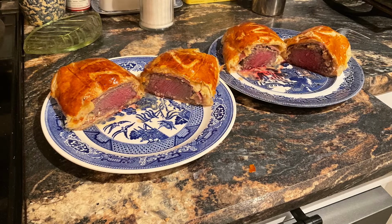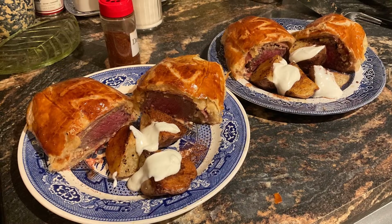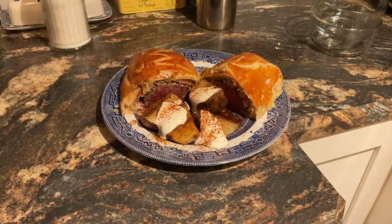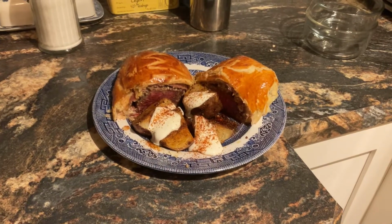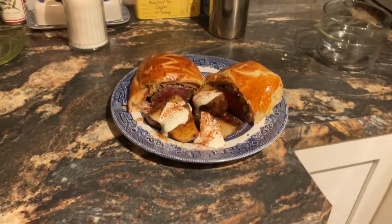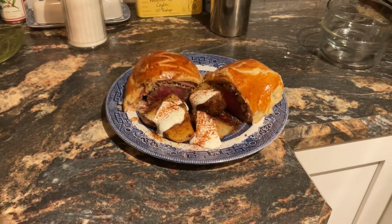So if you can read, you should be able to follow directions. So if you want a meal like this, go ahead and take a shot and cook it. The wife made potatoes because I wasn't smart enough to think of a side for it. But this ended up feeding us for a dinner and a lunch. We think it cost between $35 and $40, which a meal like this would go for $80 or more at a fancy